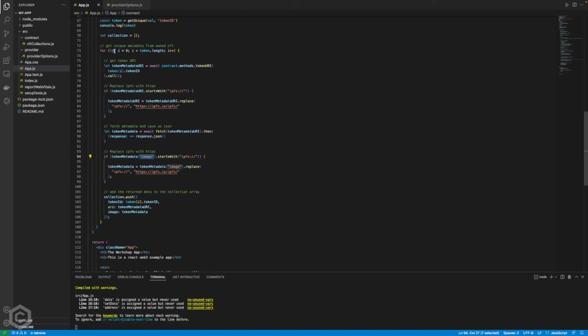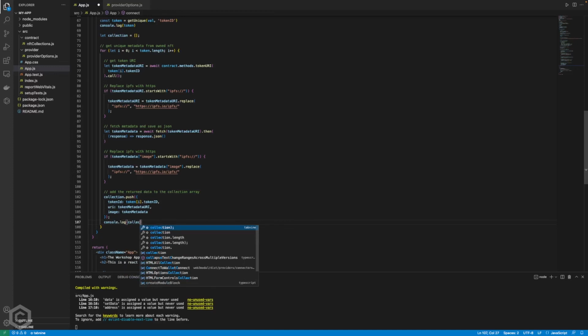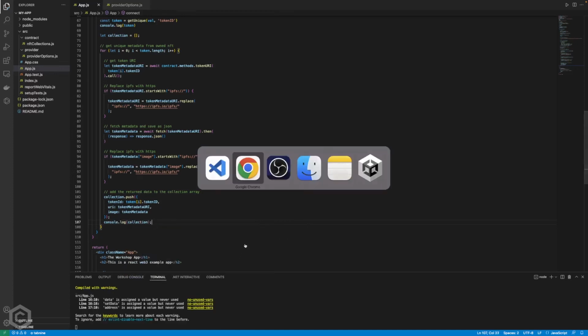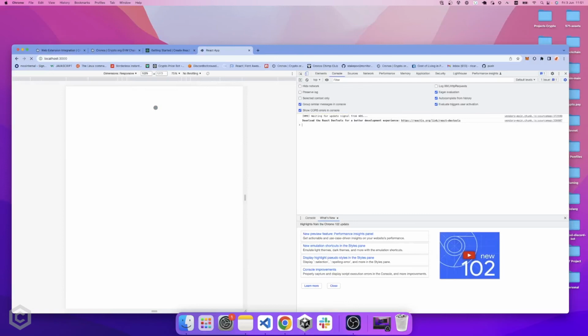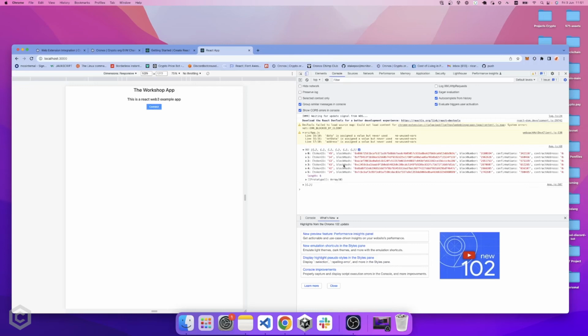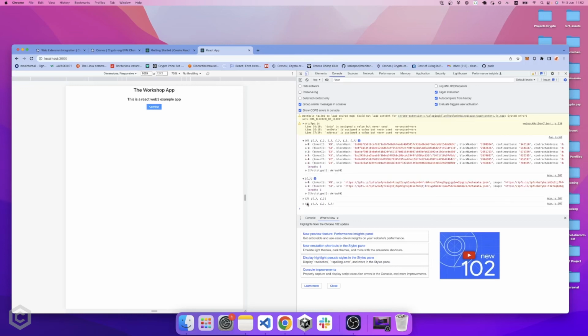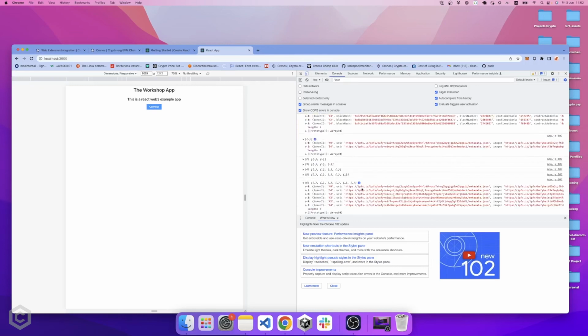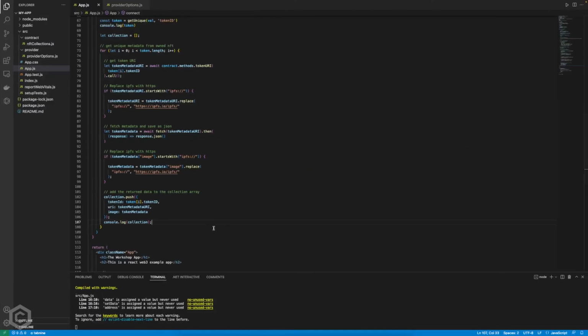And what will be returned is actually, so if I log the collection, we should see the specific metadata for, yeah, here we go, the tokens that I own. And that's the image. So now that this worked,